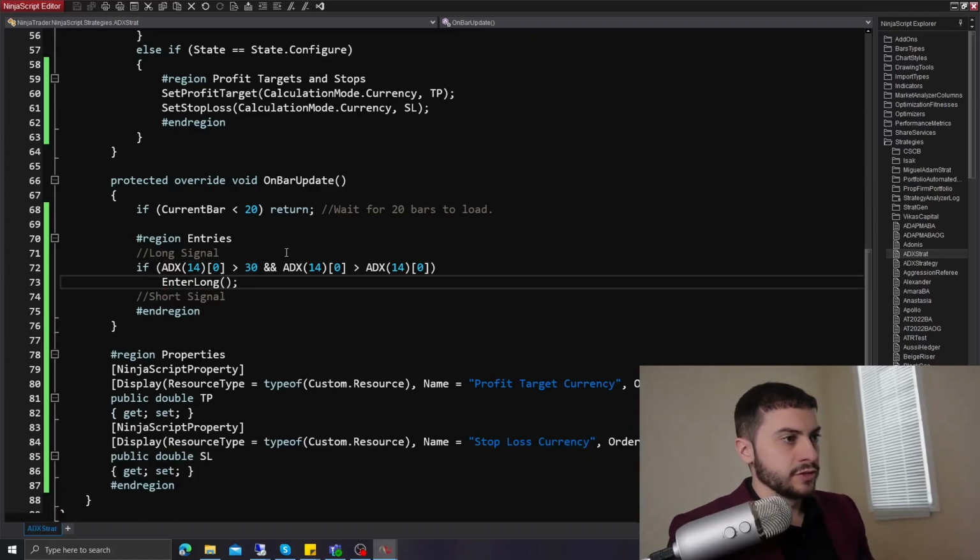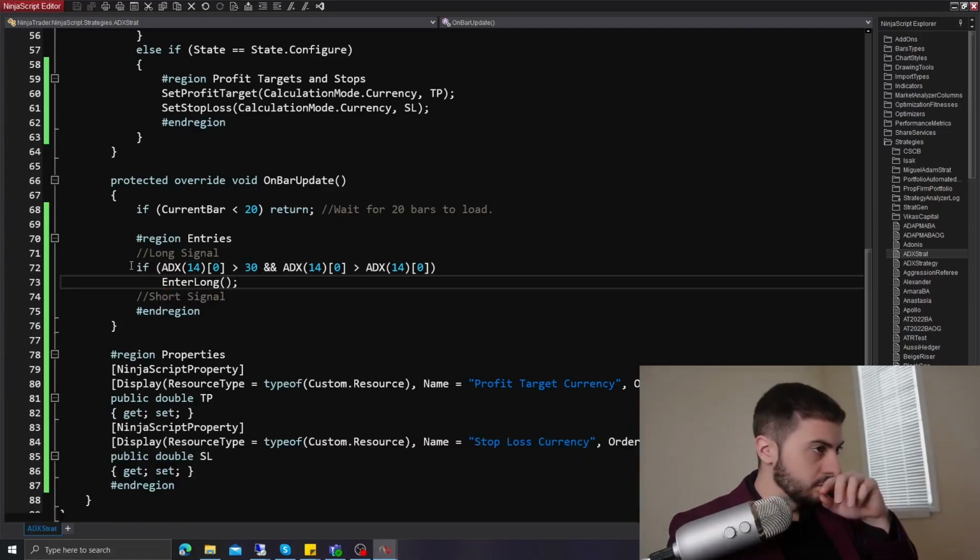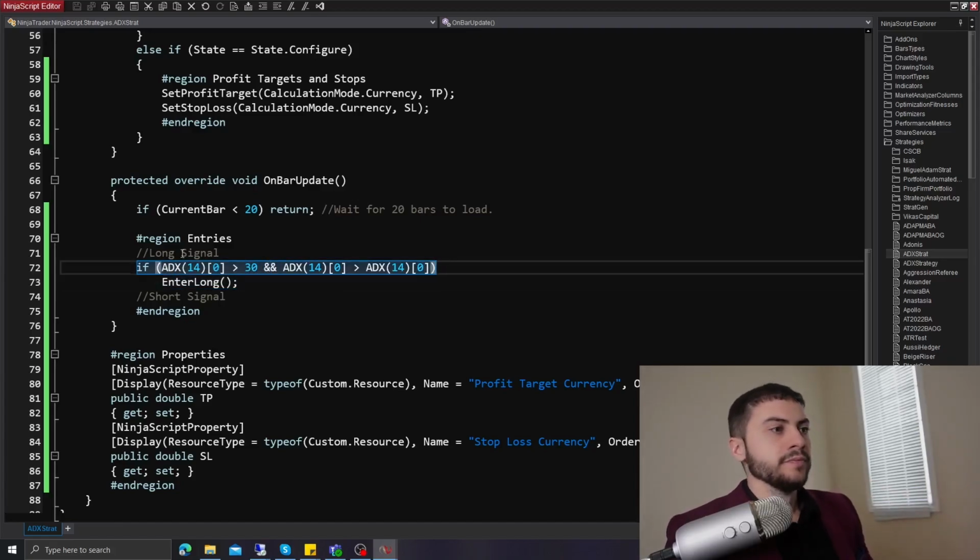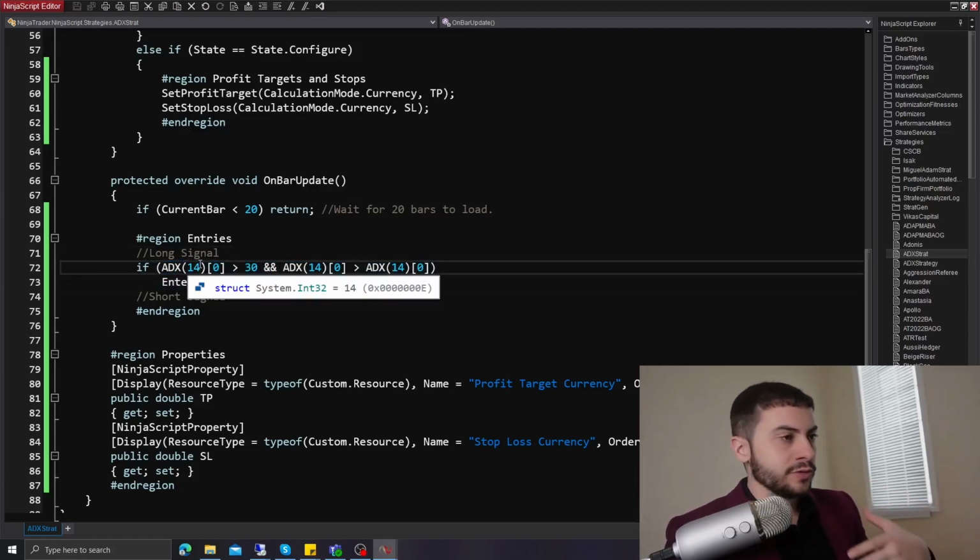So let me explain this. We've done a conditional if statement, and if you don't know how to code or how to write NinjaTrader script,